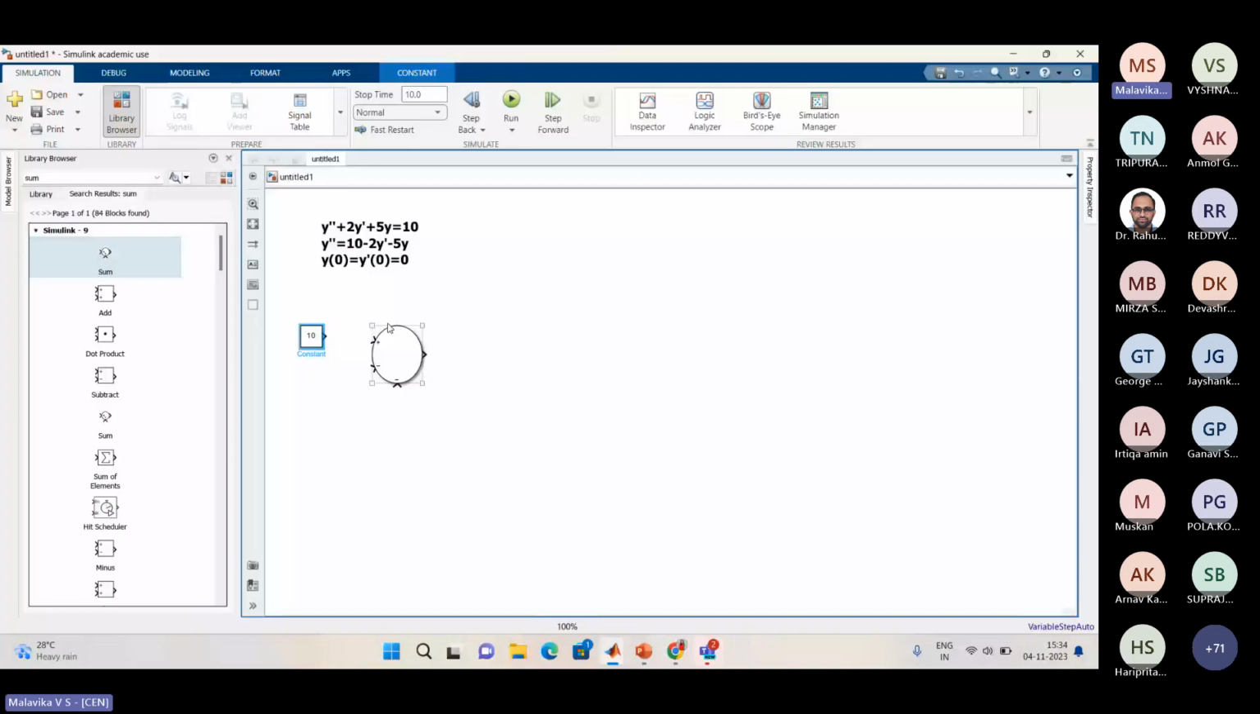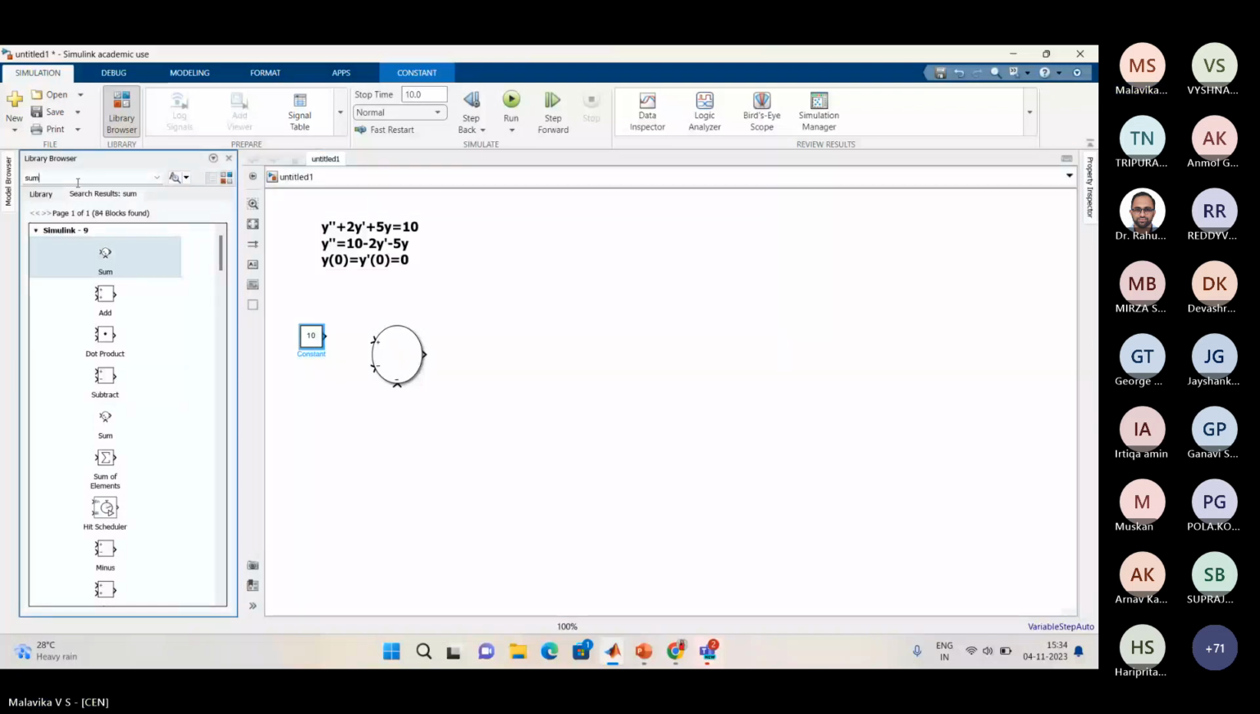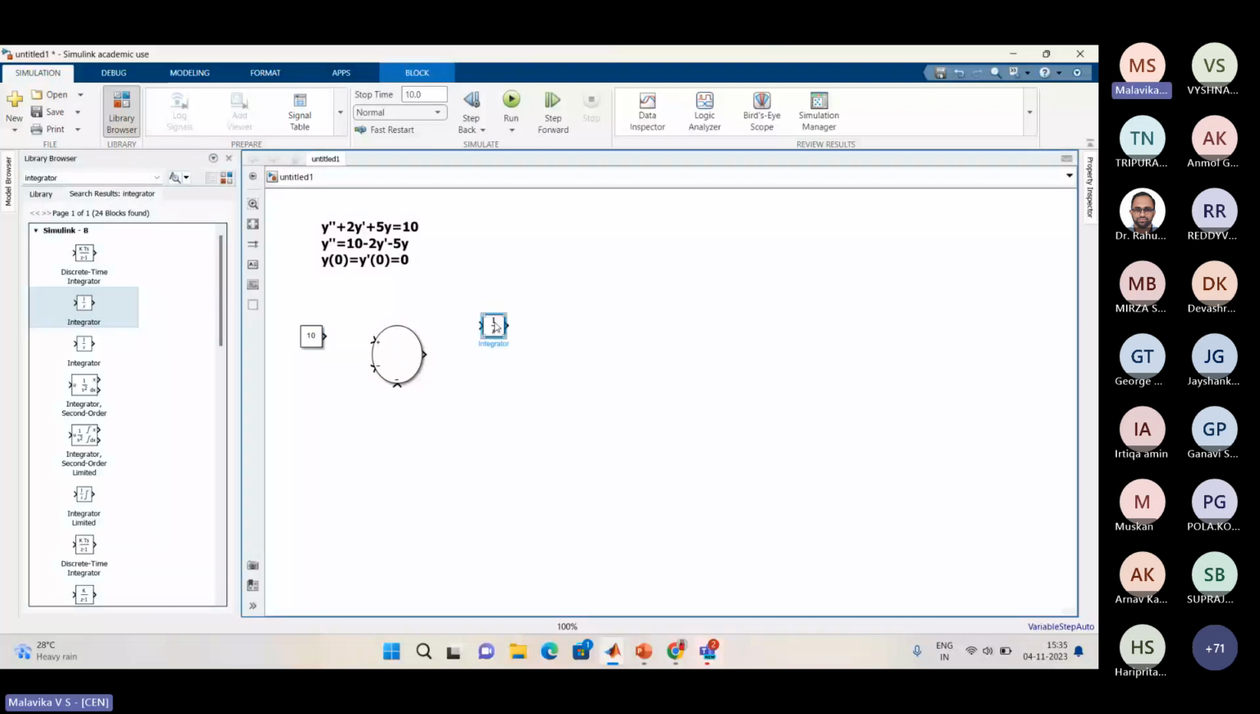Now for 2 y dash, for y dash I have to take an integrator. So I will just search for integrator. And the same block I will take for y also. Now I have 2 into y dash. For 2 I will take again